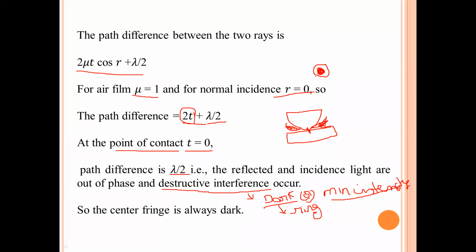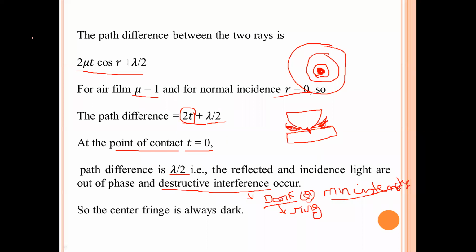Again, in between the gap there is a dark fringe. Again there is a bright one. In between every bright there is a dark fringe. I cannot show the dark fringe clearly. The gap between bright and bright is nothing but the dark fringe. Actually here it is a ring, so we call them dark and bright rings.